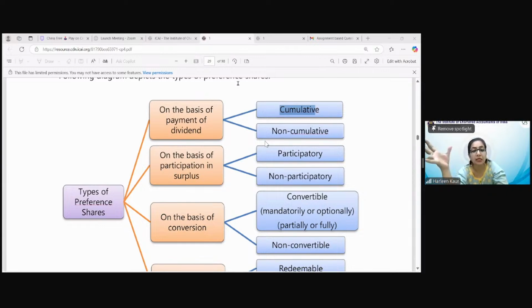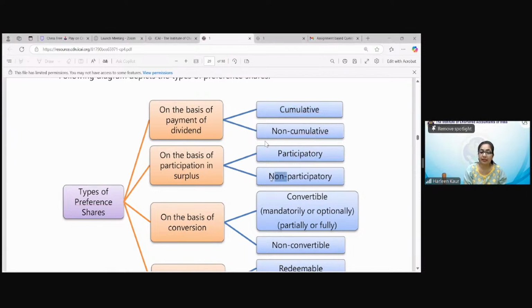जब लॉस है तो कंपनी नहीं दे रही है, जैसे ही प्रॉफिट आएगा एक्यूमुलेट हो रहा है आपका डिविडेंड, they will pay. But non-cumulative means I had loss, I will not give. I had loss second year, I will not give. Third year, I had profit. Will I give for the first 2 years also? Yes or no? If it is non-cumulative. Absolutely correct. No. And if it is cumulative, then yes.